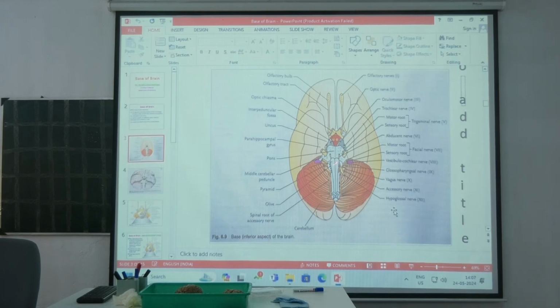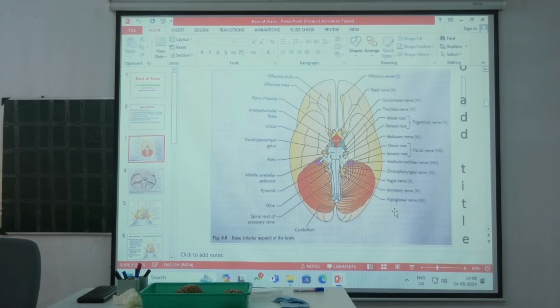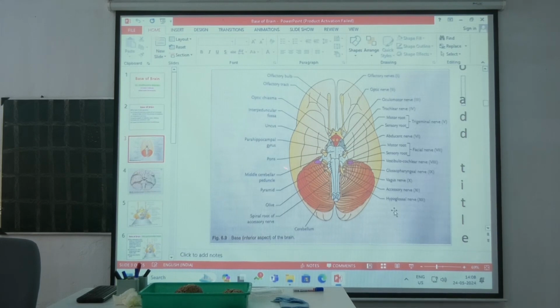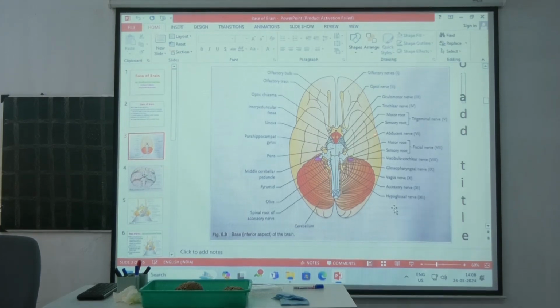And here, near the junction of the olive at the uppermost end, comes out the eighth cranial nerve, the vestibulocochlear nerve. It has two roots, a vestibular root and a cochlear root. They come out at the junction between the cerebellum and the medulla, near the inferior cerebellar peduncle at the uppermost part. So, medial to lateral at the pontomedullary junction: the medialmost is the abducens nerve, the sixth cranial nerve. Lateral to it is the facial nerve, and lateralmost is the auditory or vestibulocochlear nerve, the eighth cranial nerve.